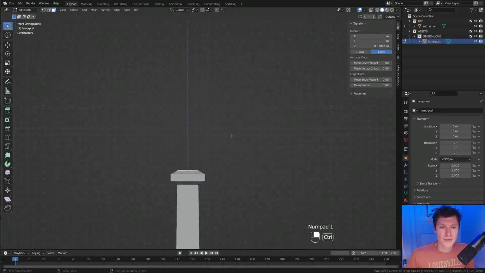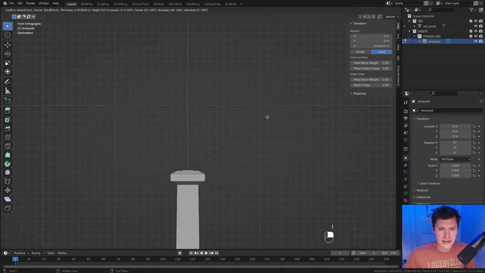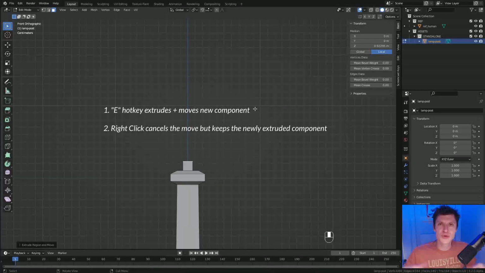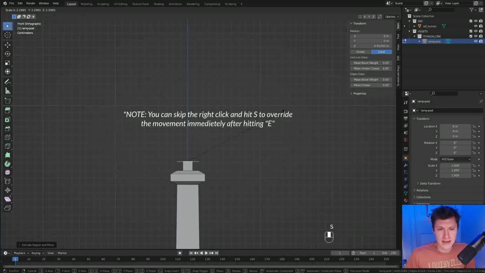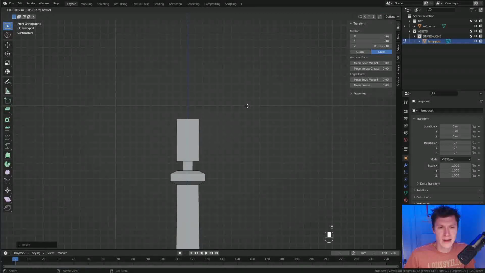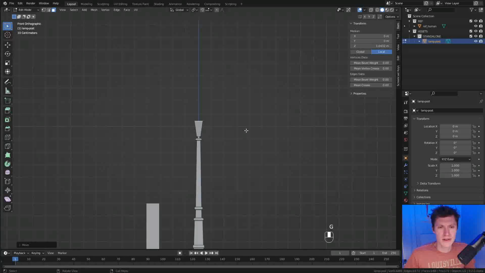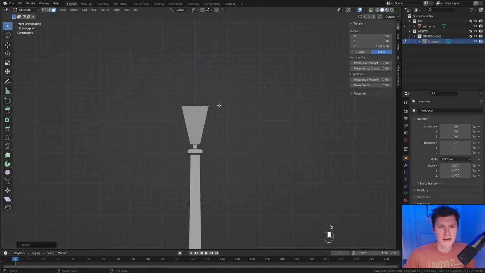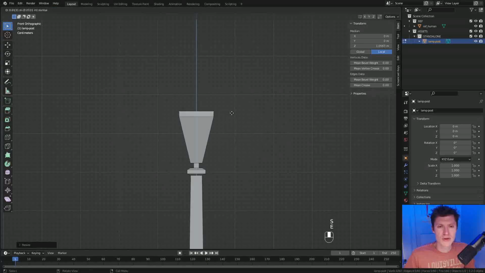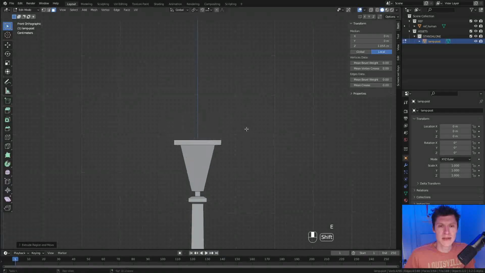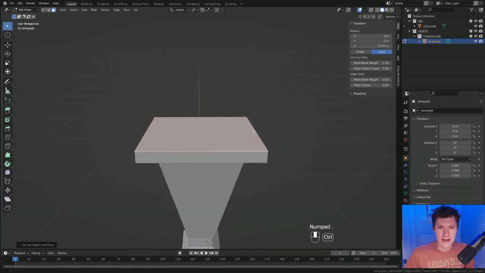I'm going to go into front orthographic. I'm going to I inset a little bit, E to push it upwards, extrude it upwards, I mean, and then E right click essentially extrudes a new set of faces but doesn't transform them, and I just want to scale them out instead like this. And then E to extrude again up, S to scale out, creates the top of our lamp, maybe a little bit bigger. E to extrude again, right click, S to scale outward, E extrude straight up in Z,